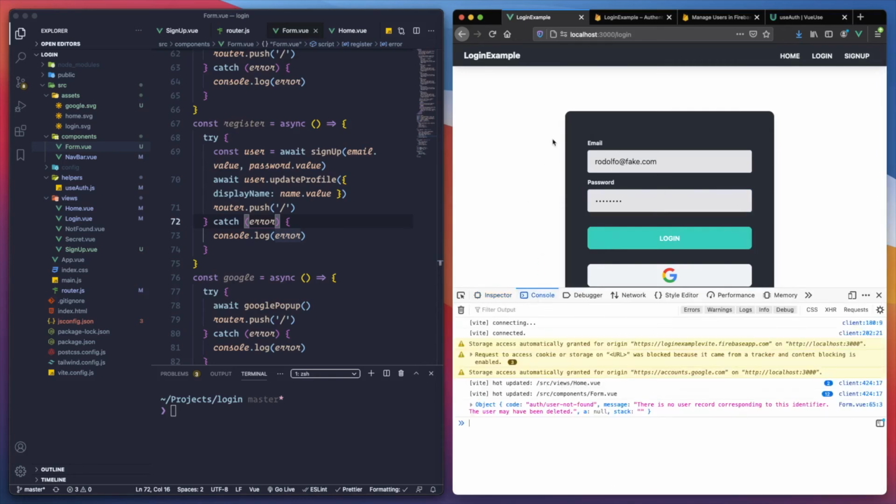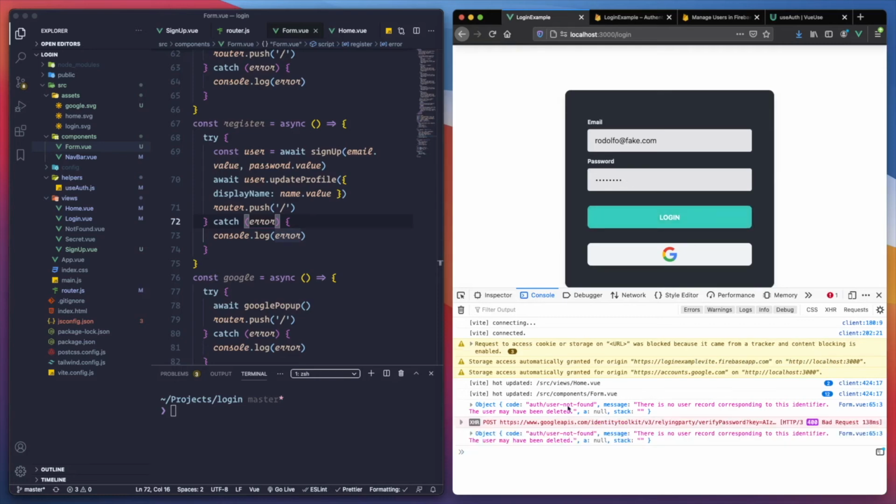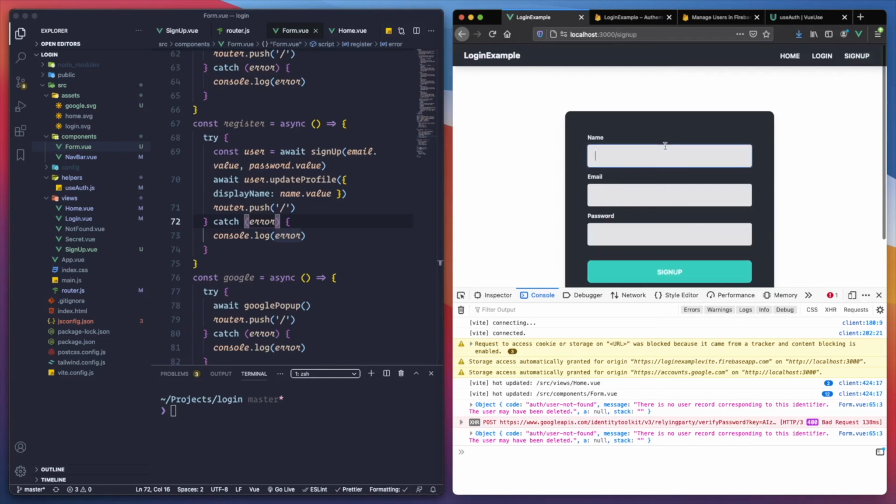I probably should have some kind of feedback here. We can see that later too. So if I try to log in, yeah, authorization not found. There is no user record corresponding. Cool. So that means that we can do a sign up, and we do Rodolfo,